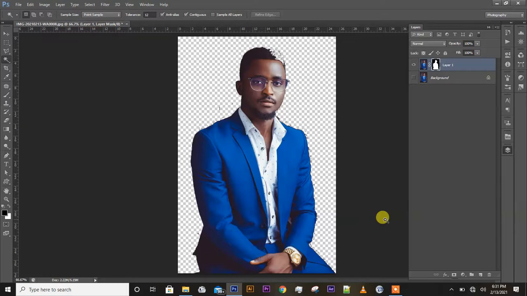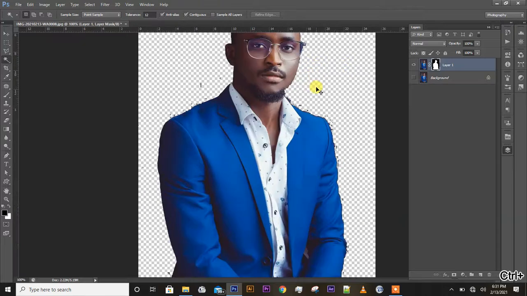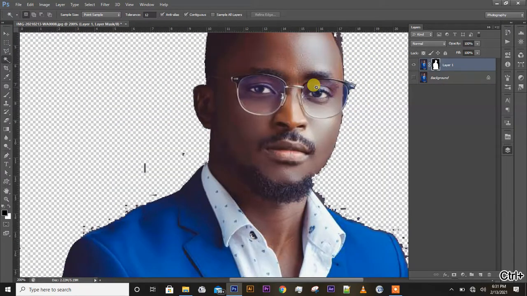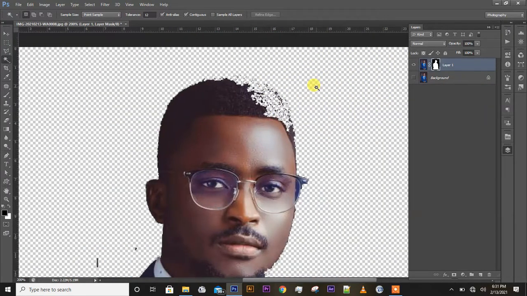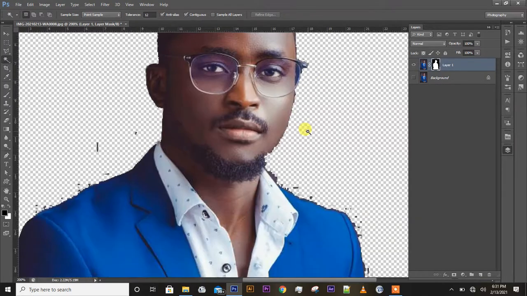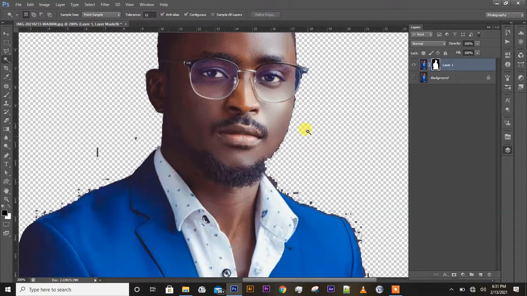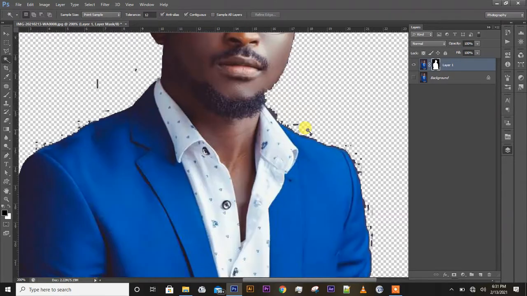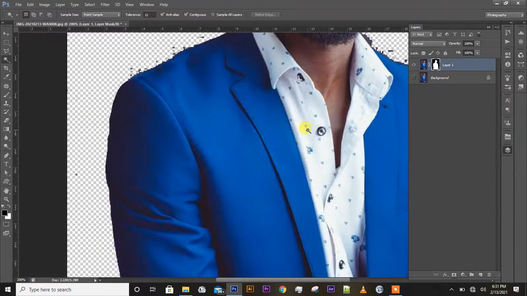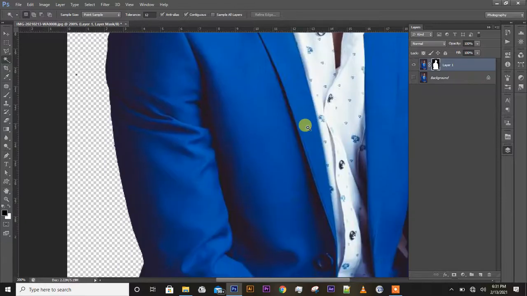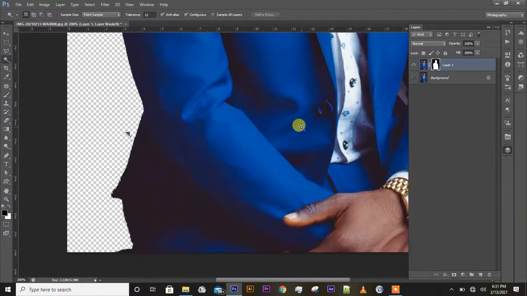Okay, so you would observe that. Let me zoom in and scroll. So you'd observe that a part of his hair is missing, and then the most important thing I want to observe is that the edges of this picture are not perfectly cut. You can see a lot of rough edges,